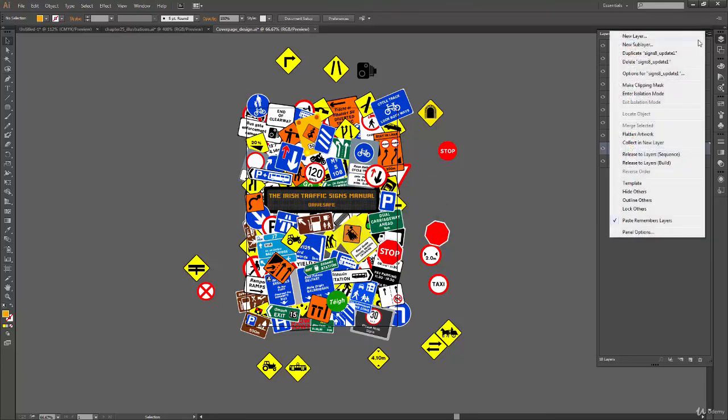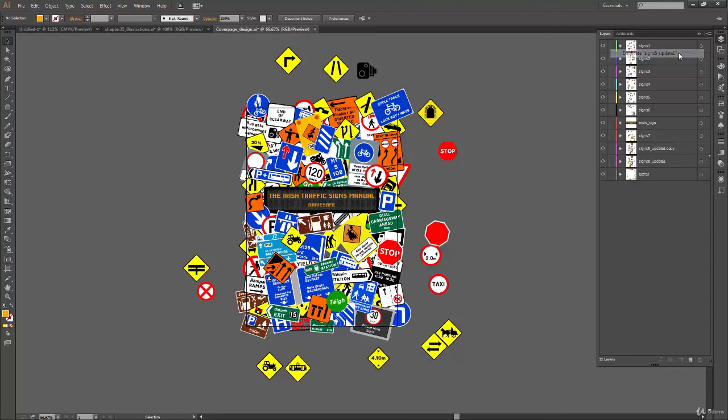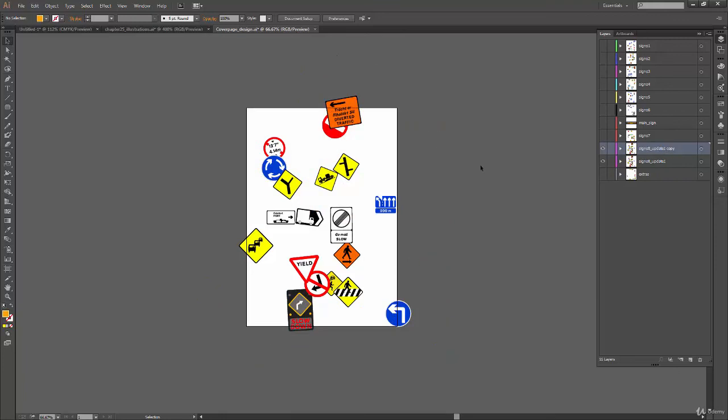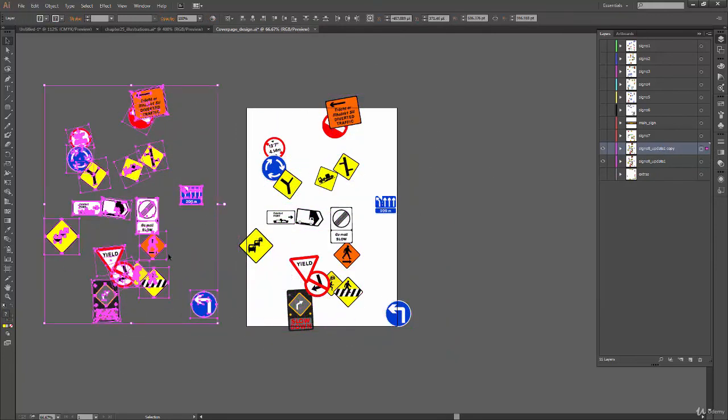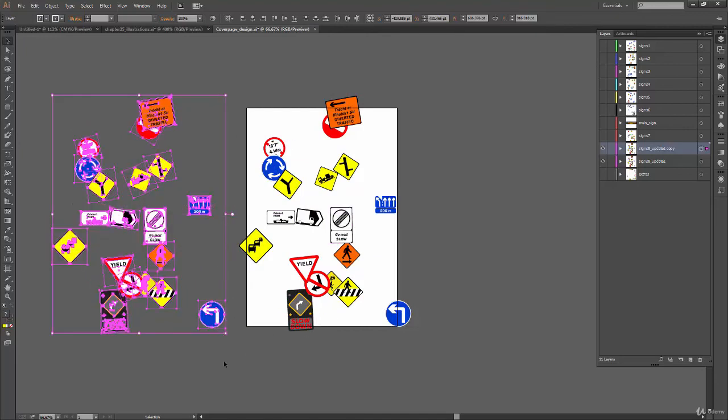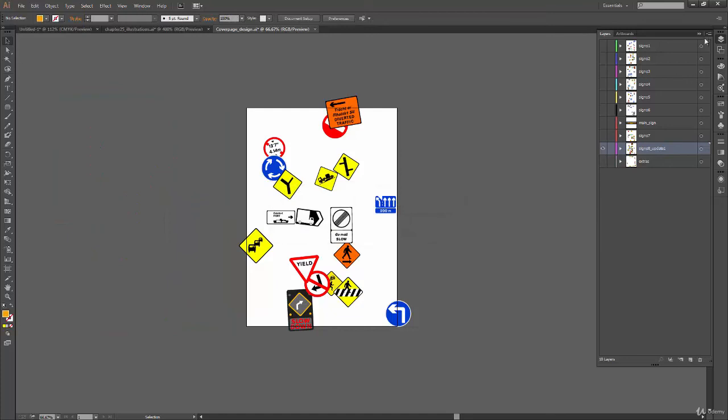Okay, and then I have this option which is called duplicate layer name, actually. If I click on this, it will just create a duplicate of the previous layer with a rename, which says layer name space copy. So yeah, you have two layers now with the same content. If I select this and move it around, you can see that I have two layers with the same content. So right now I'm just going to delete this one.